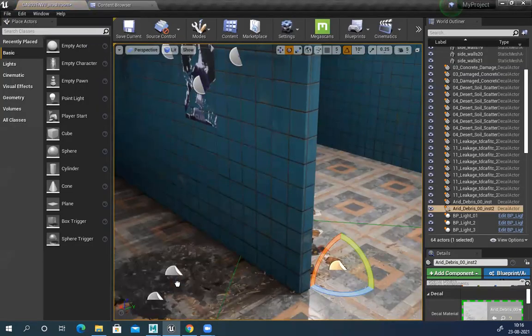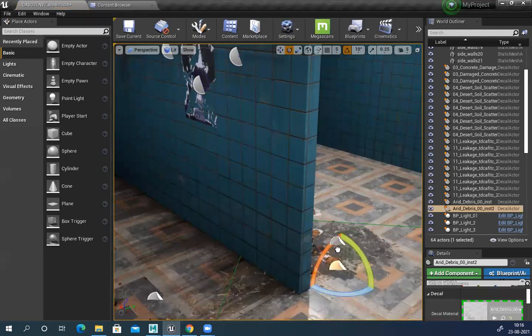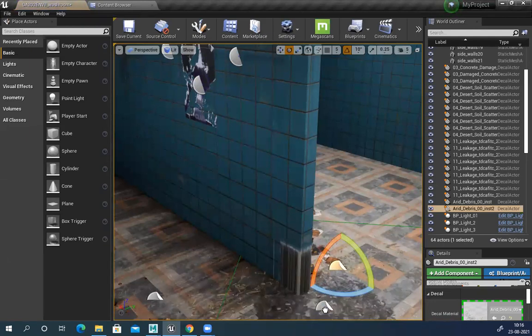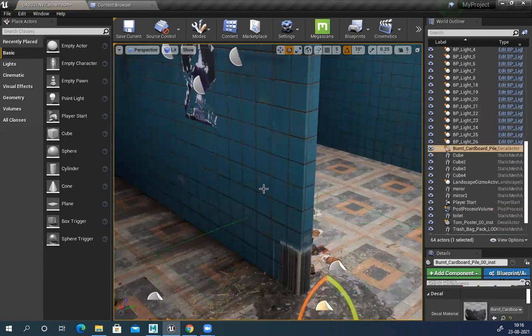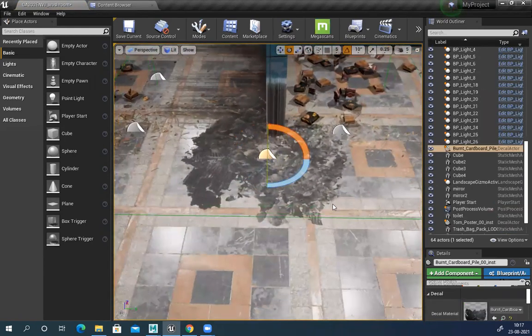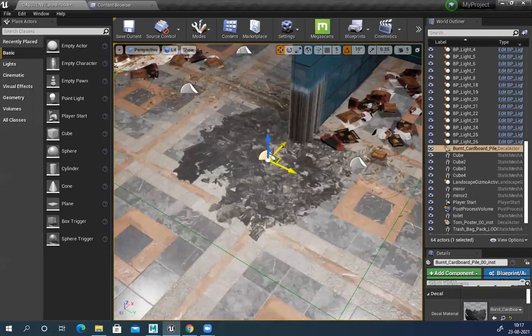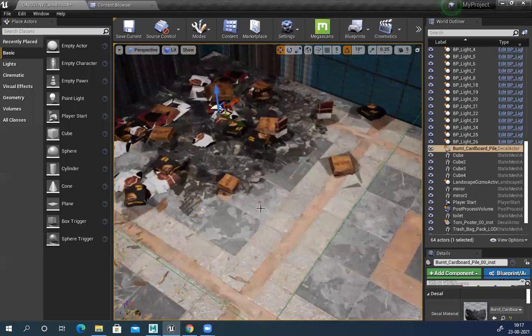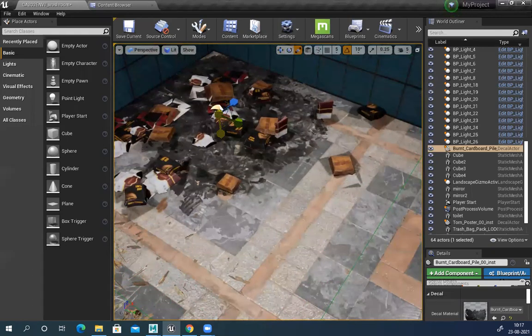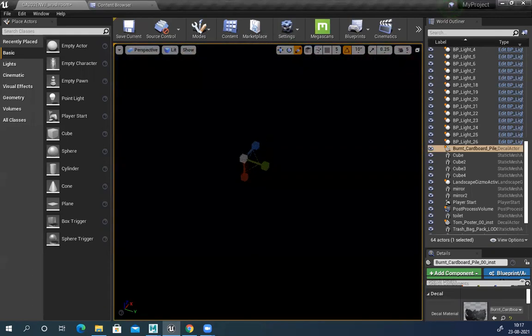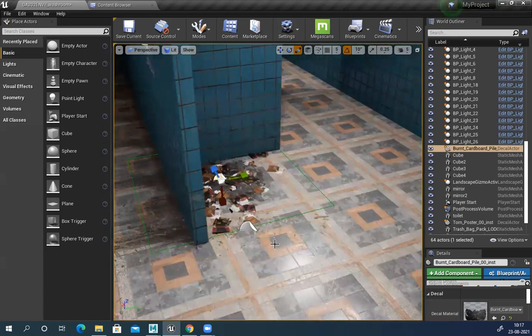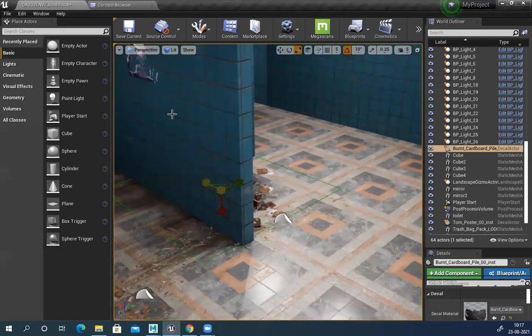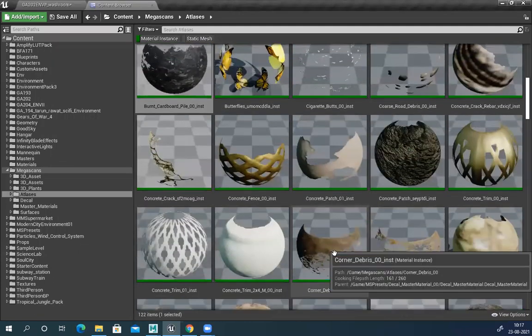So let's nicely align. So all this wall should be dirty. So I need some dirt for those walls.